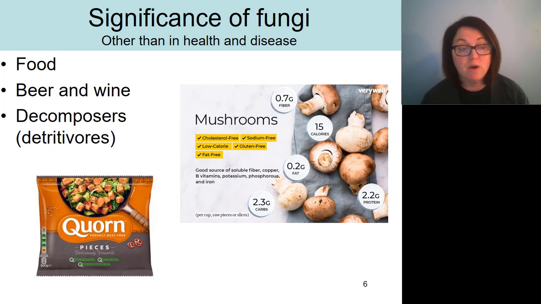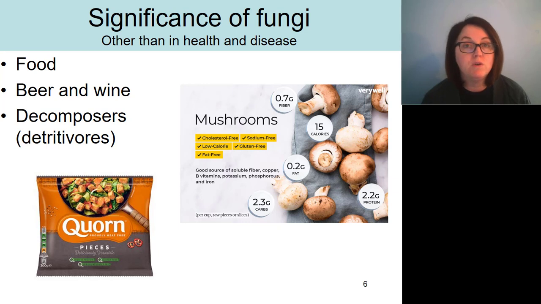Yeast, which are a type of fungi, are really important for the beer and wine industry, and I guess liquor too, because that's how we can make those products, using a process called fermentation. Fermentation is something that can occur in yeast, bacteria, and other organisms. And some forms of fermentation involve the production of a byproduct called alcohol. So that's how we can use yeast to make things like beer and wine.